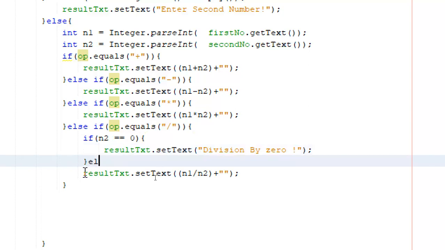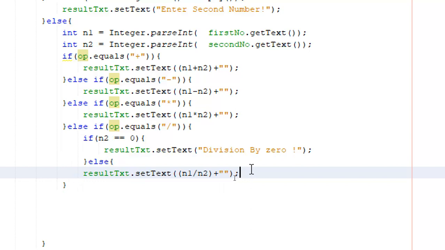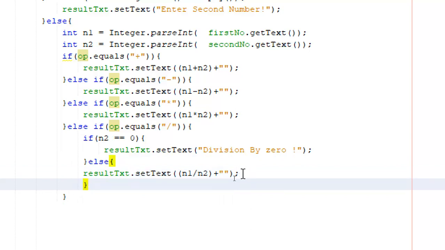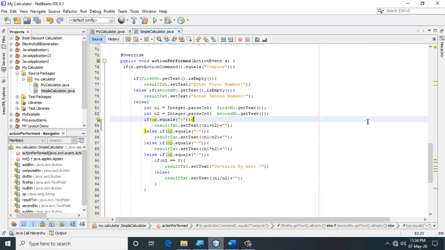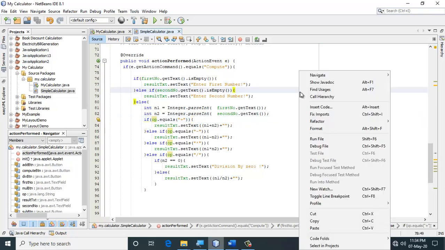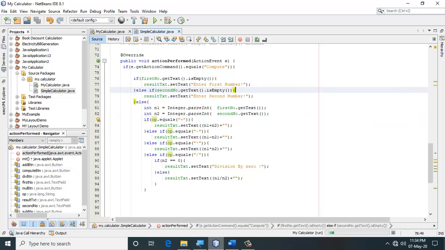Otherwise, my usual calculation. This is as far as the question goes. Let's give it a final touch. Run it.